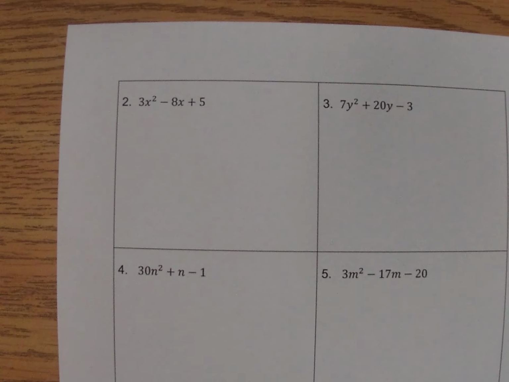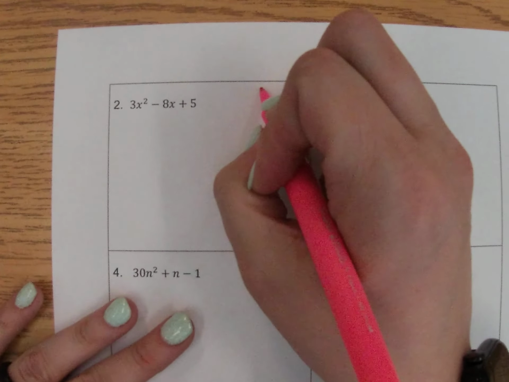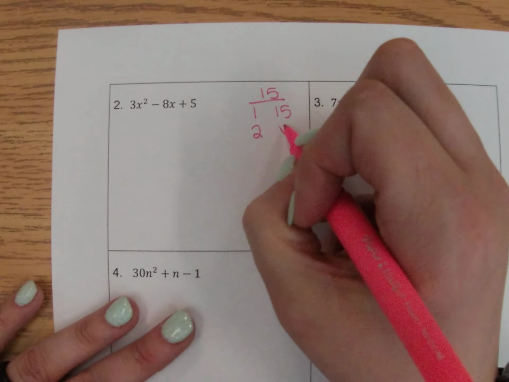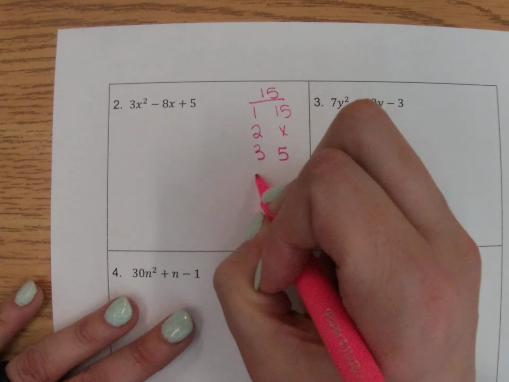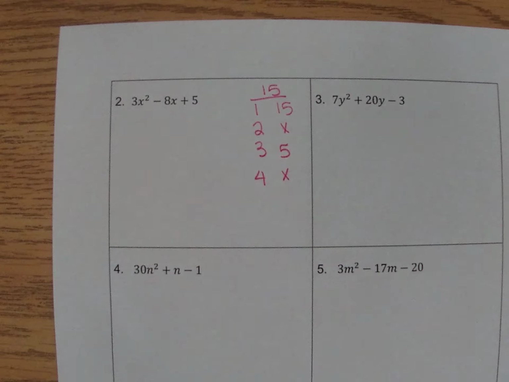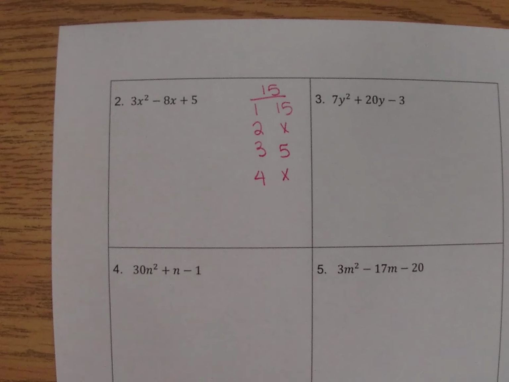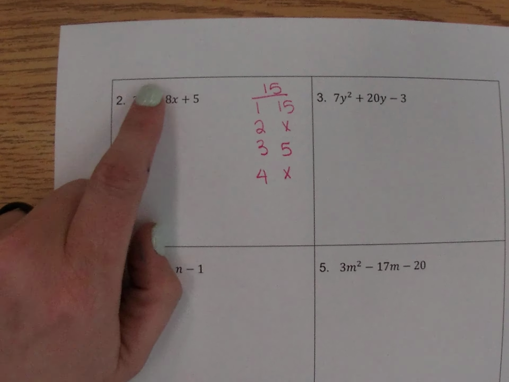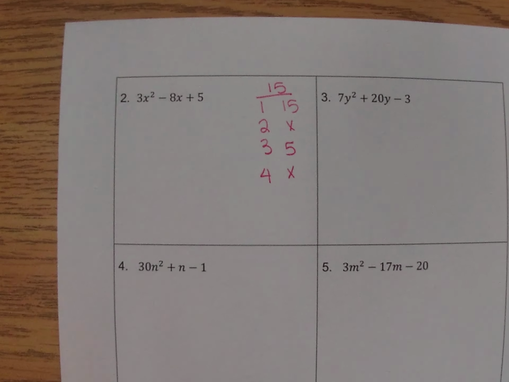through. So if we look at this second example, again, we're starting just like we have been. 3 times 5 is 15. I'm ignoring anything with a sign and making my list. Again, this is where really making that full list can be helpful. Now, I know I need it to add up to a negative. So if I need it to multiply to a positive and add up to a negative, I'm going to need